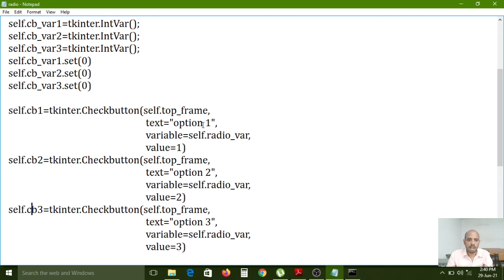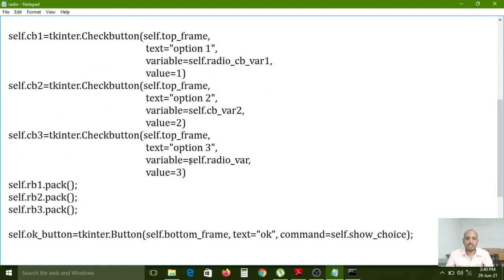In option 1 you configure self.var1, in option 2 self.var2, and in option 3 self.var3.